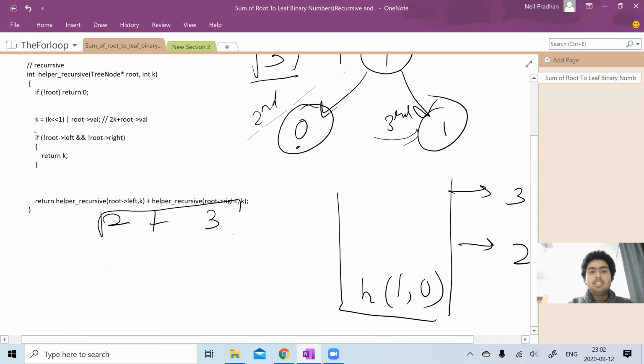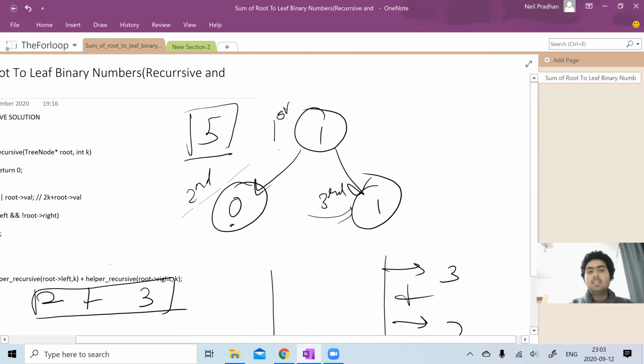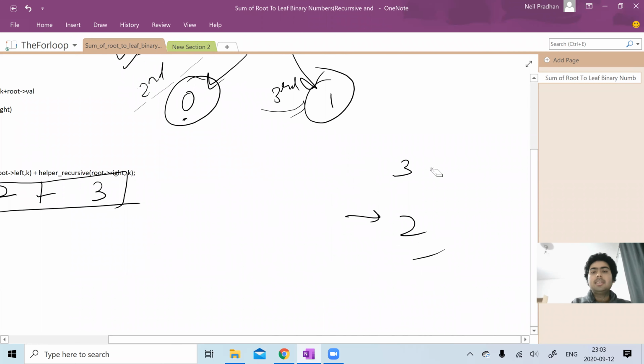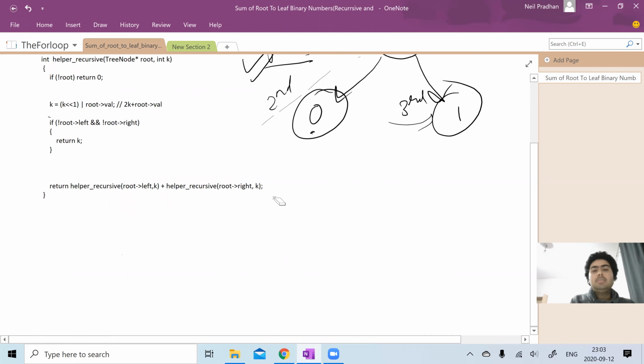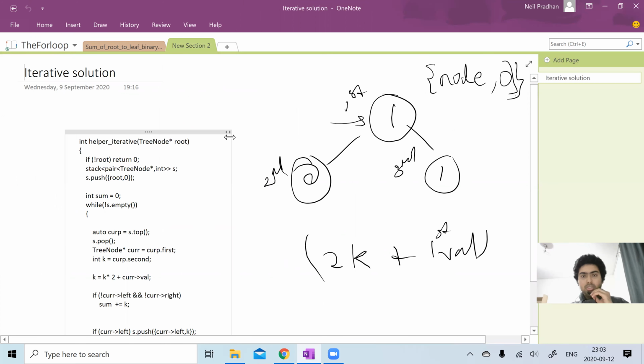And then we return the sum, which is 5, and we wanted the answer as 5. So this is how we solve it. The base case is when we hit a leaf. So we write a base case here, then this is what we do for every recursive call, and that's it guys. So let us look at the iterative solution now.